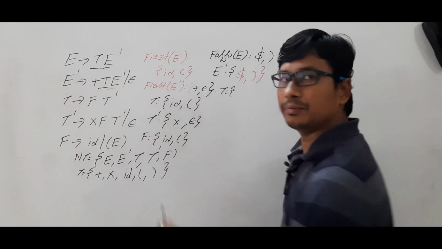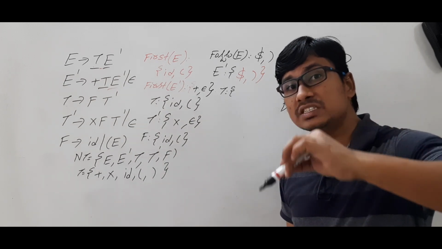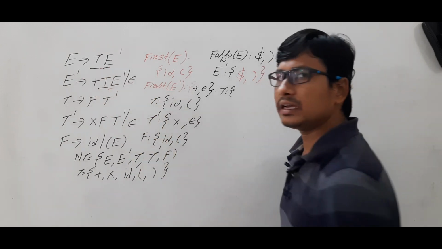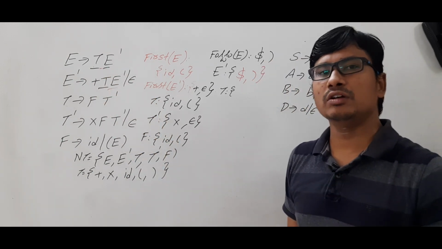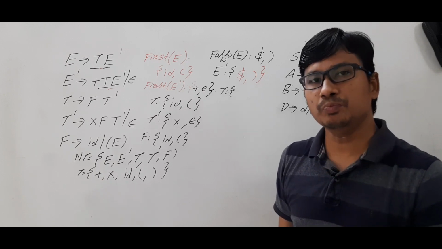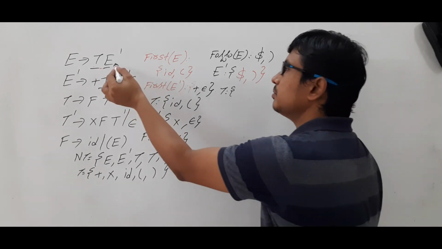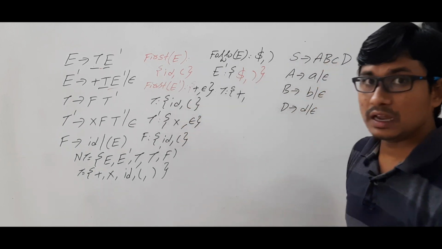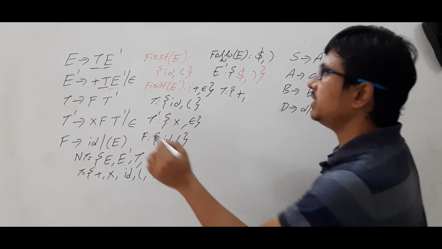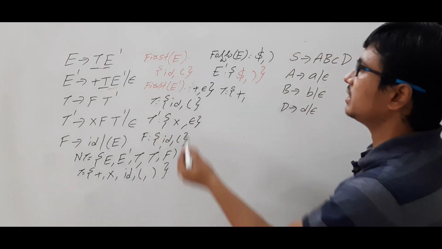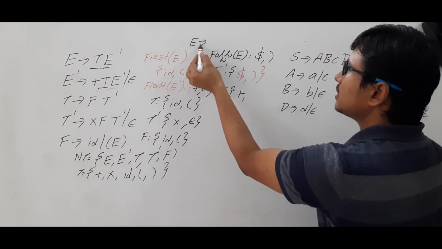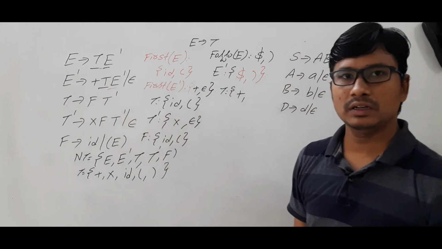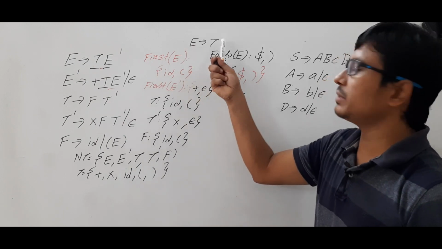After T, what is coming, and what is coming means which terminal is coming. That is very important. Okay, so E dash is a non-terminal. If you get a non-terminal, then what will you do? You will compute the first of the non-terminal. What is the first of E dash? E dash consists of plus, and it also consists of epsilon, meaning that in place of E dash here I can keep epsilon, so E tends to T. In place of E dash, if I keep the epsilon, then what will happen? This is E determines T only.